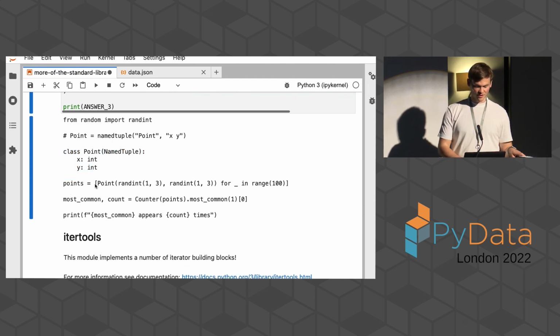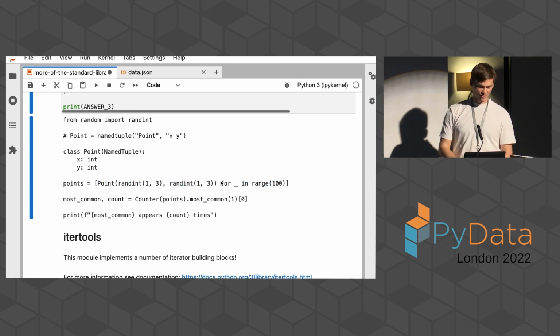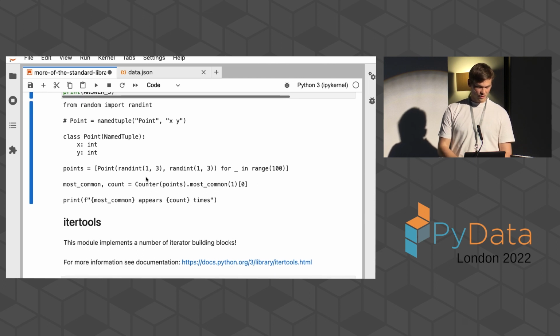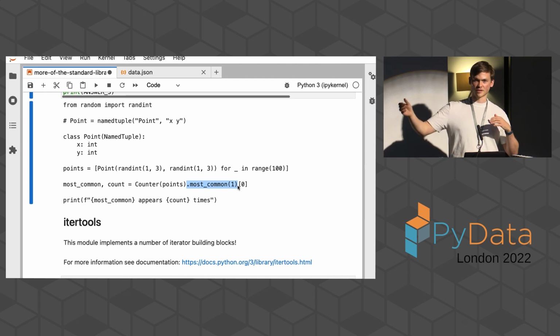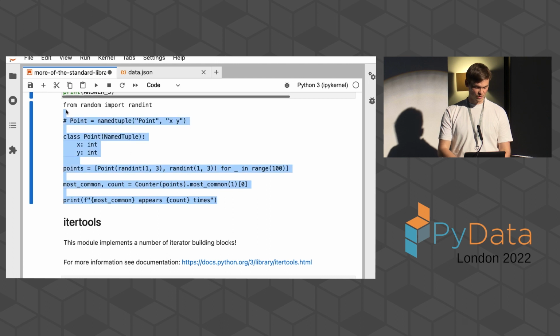I can use that like so to generate 100 random points on my grid of 1 to 3. And then I'm going to create a Counter using points. And so it's going to go through and count each occurrence of each point. And then I can call most_common and get just the first most common element. And that's going to be a list with however many. So it's going to have one item in it, the most common. So I get that out of the list, and it's a tuple with two things, the point itself and the count. So here, let's go ahead and show you this step by step